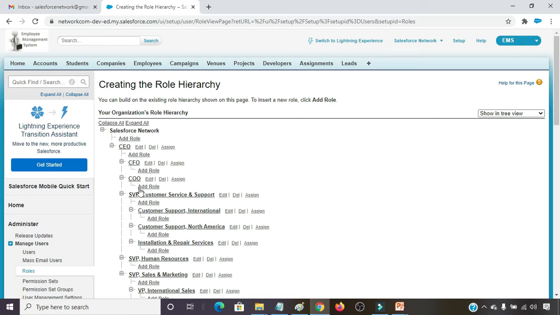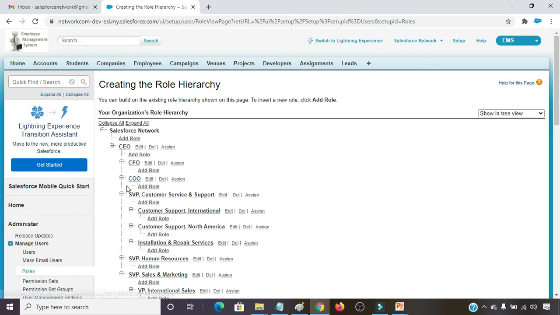I am not going to disturb all these things. I am only going to concentrate on the Salesforce Network org name, under this there is a CEO, and under CEO there is a CFO and COO.